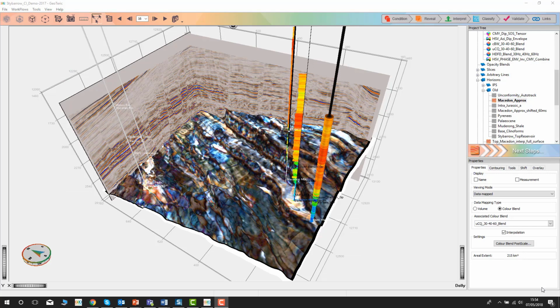Any GeoTeric project, whether it's new or existing, can be a master project. For example, I will take this dataset, which contains a variety of volumes, color blends, and project items, and use it as my master project. If I wanted to create a client project to link back to this specific master project, I can start a new project